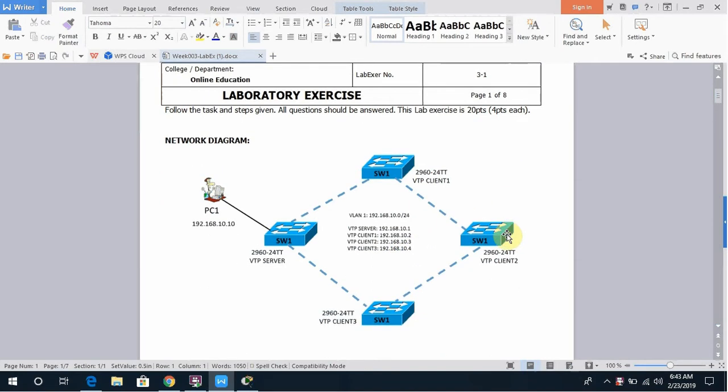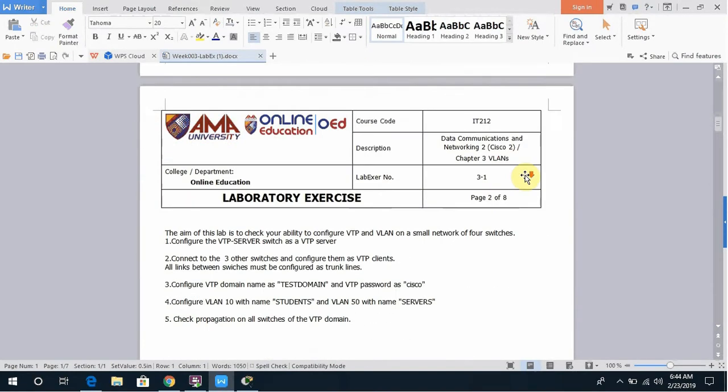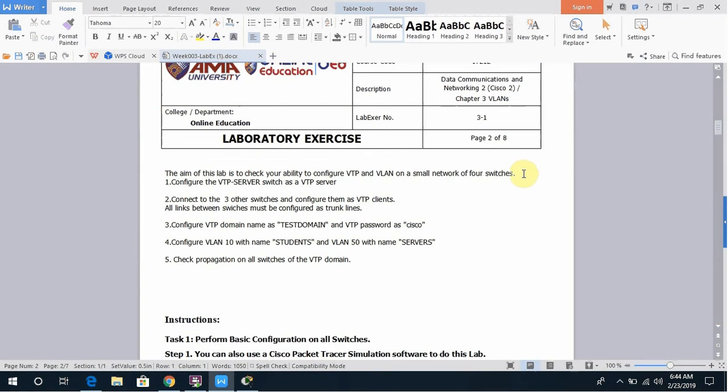Network diagram: PC1 and 4 switches with VTP server, VTP client 1, VTP client 2, VTP client 3. Description: the purpose of this lab is to configure VLAN on all devices and test VLAN membership. The aim of this lab is to check your ability to configure VTP and VLAN on a small network of